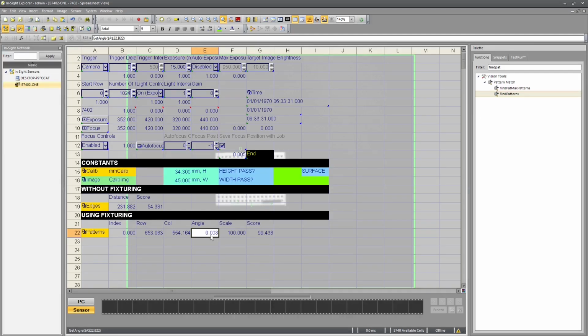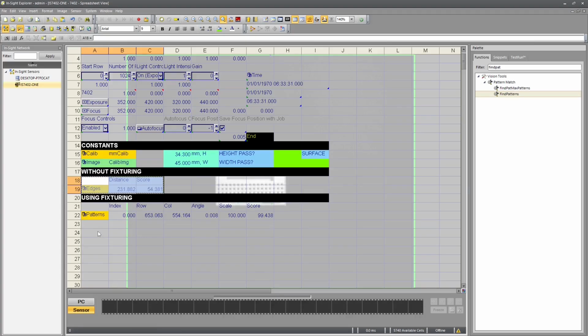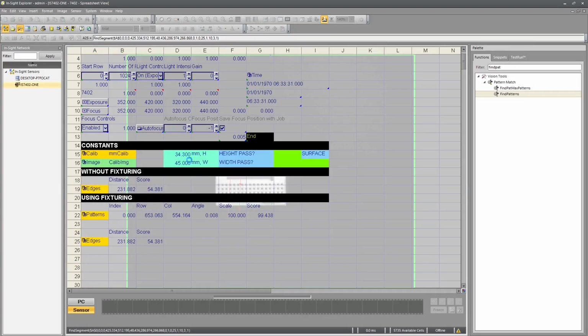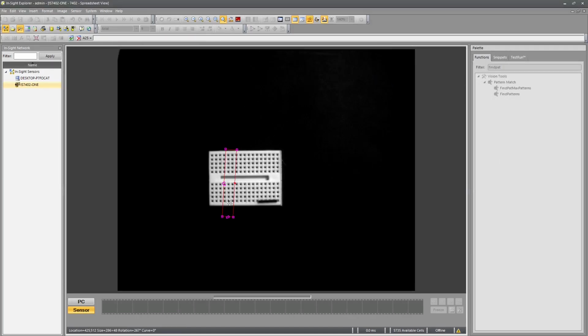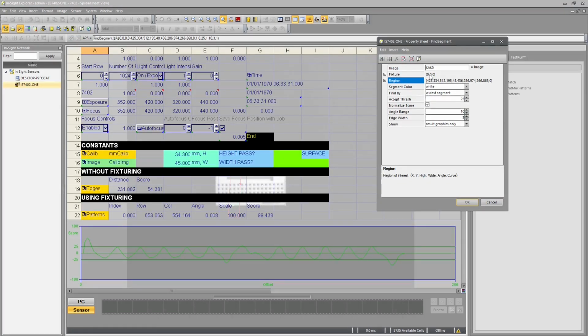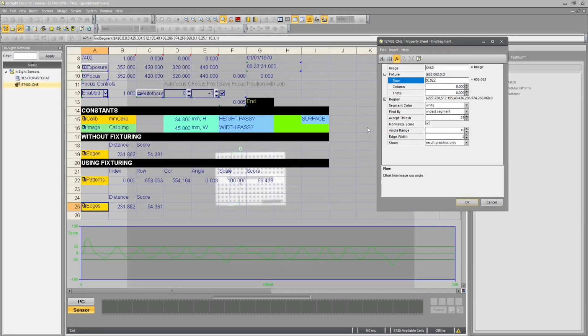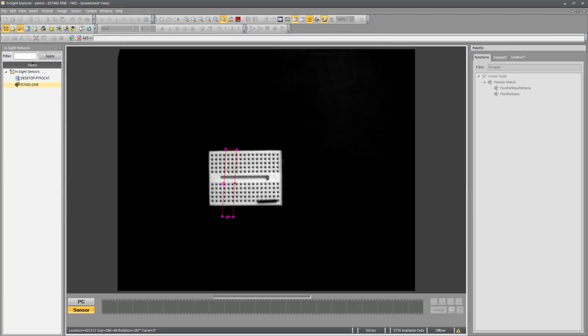To give you an idea of what I mean, I'm going to take my edge function here, bring it down here, and instead of using the region like this, selected relative to 0, 0, and 0, what I can do is expand this fixture section, tell it to rely on the row, column, and angle of my find patterns crosshair, and now this region is going to be located relative to these points instead of 0, 0, 0. So my region now is going to be relative to this point here, which means that if I place it here, if I can get it to rotate for me,